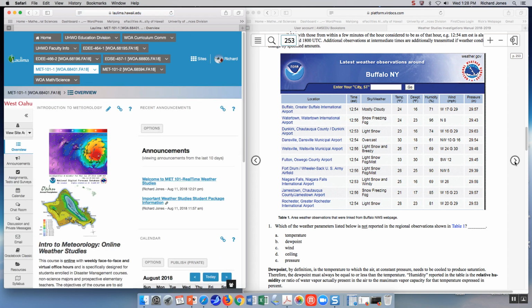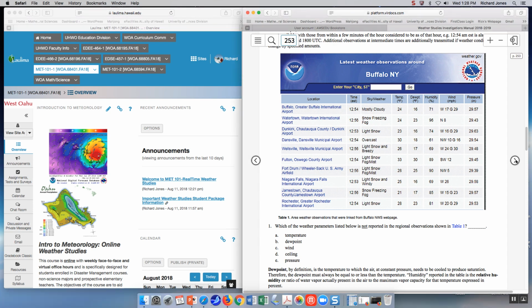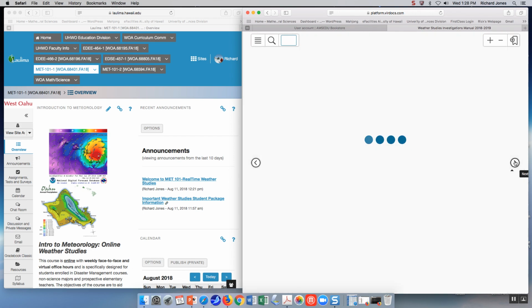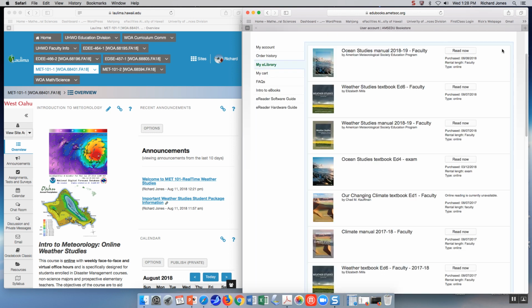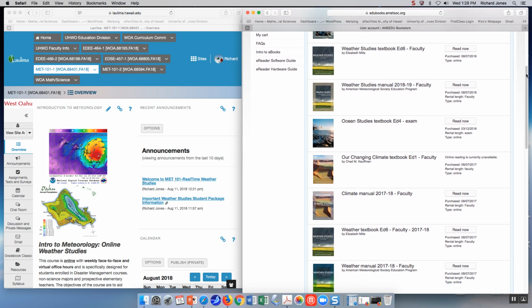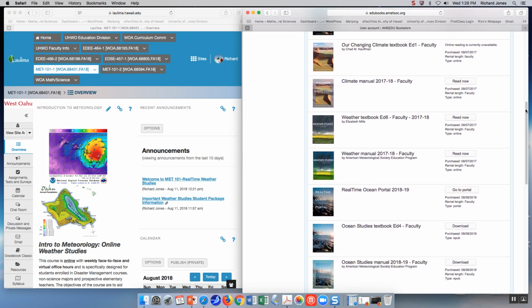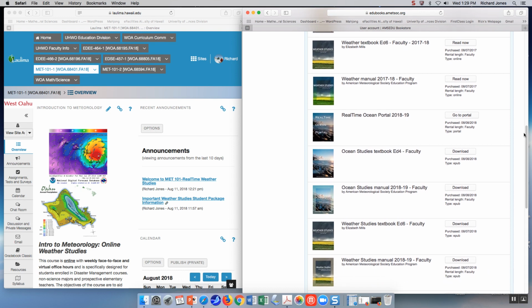And you'll also have, for chapter 13B, it should go forward right here. There's one for 13B as well, and you'll just do the same process. Then it's going to be the real-time portal. So we want to do Current Weather Studies for